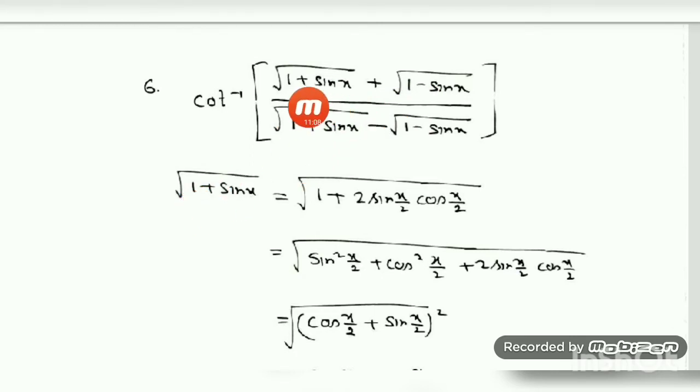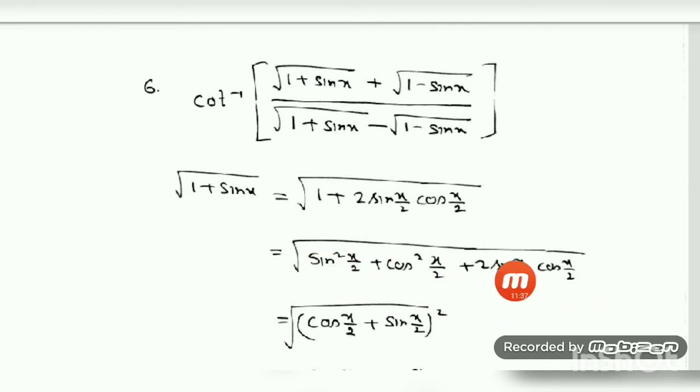So I first do the simplification part here. I have shown you how to do the calculation here. Under root 1 plus sin x, I can write 1 plus sin using the submultiple angle formula, which is 2 sin x by 2 cos x by 2. I want to remove the square root. That's why I want to make it a perfect square. So in place of 1, I am writing here sin squared x by 2 plus cos squared x by 2. You know, sin squared theta plus cos squared theta is 1. Just to remove the square root or to make the perfect square, we have written this one. Plus 2 sin x by 2 into cos x by 2.